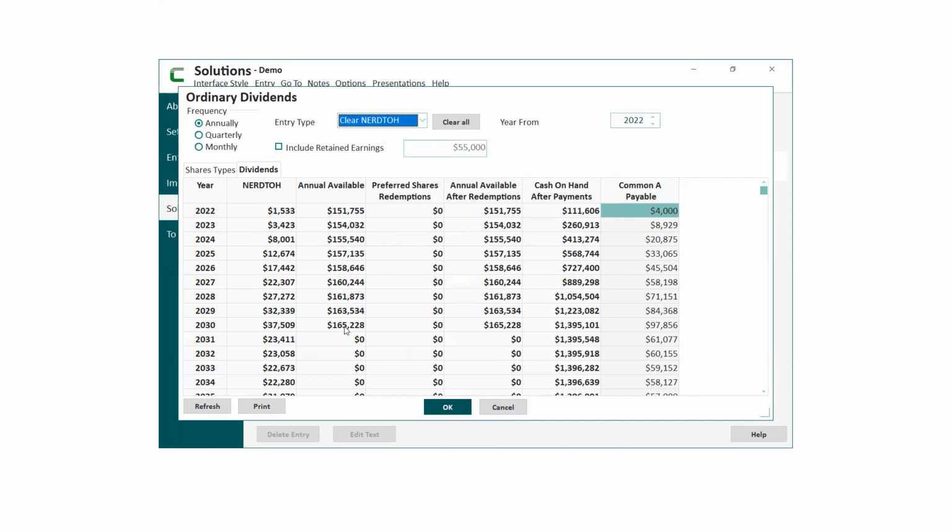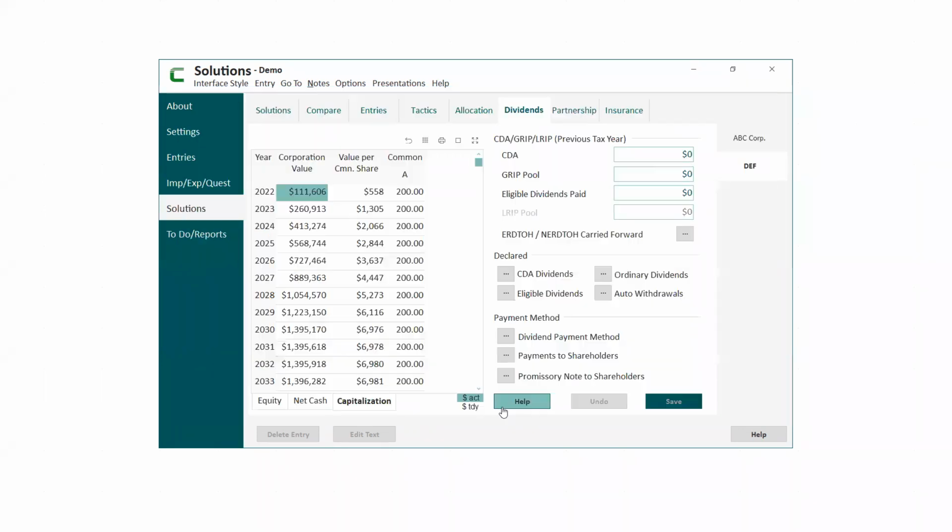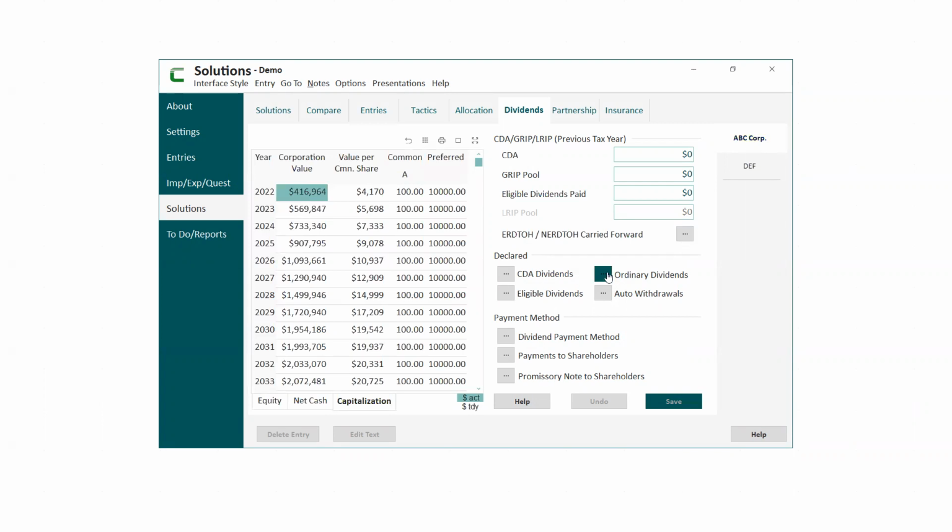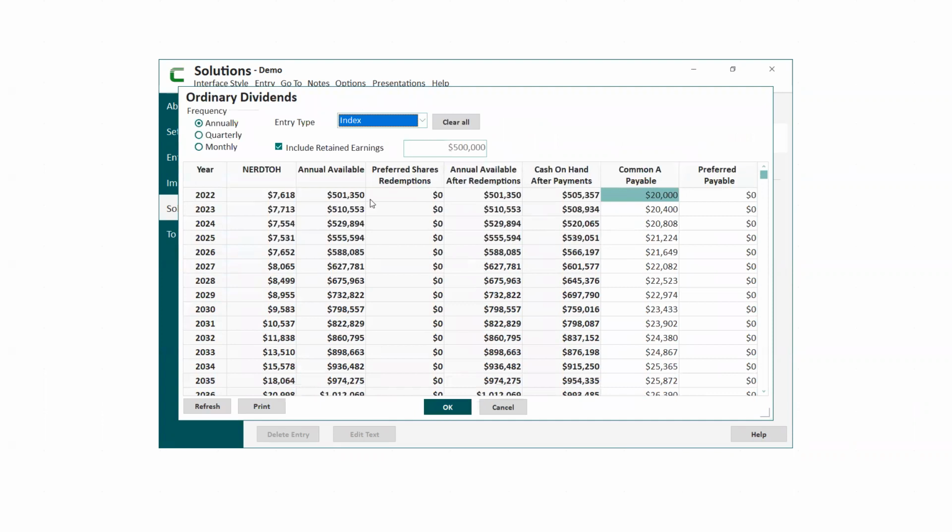After the operating business ends, we no longer have the dividends, ordinary dividends to be paid. So we can go in then and dividend up. I've done that for DEF. And now when I go to ABC, now I have the amount of money in ABC that's available for dividend